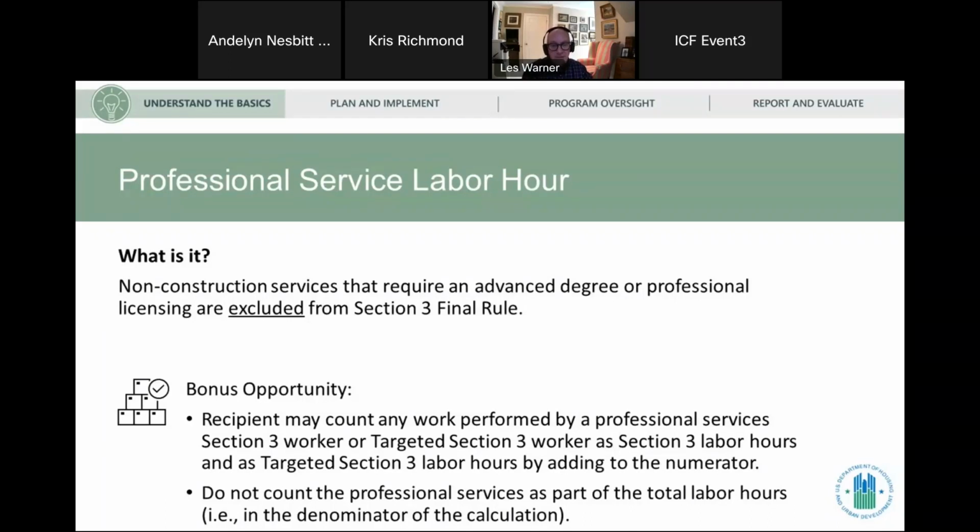And so in those instances, they might not be excluded, but you also might, as part of your procurement, say we want to have a licensed plumber that we've procured on call for anytime we need repairs done. So it's either that to do the work you're required to have an advanced degree or professional licensing, or you, as part of your procurement, called that out and specified that it was going to be a requirement that you put in place.